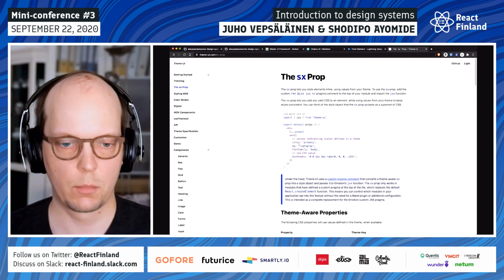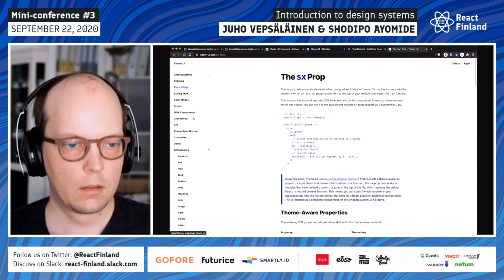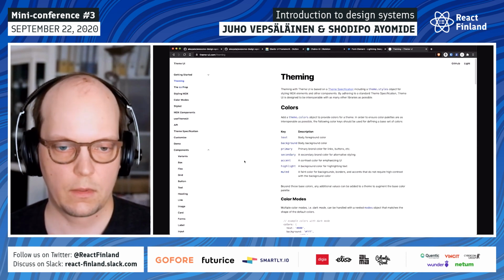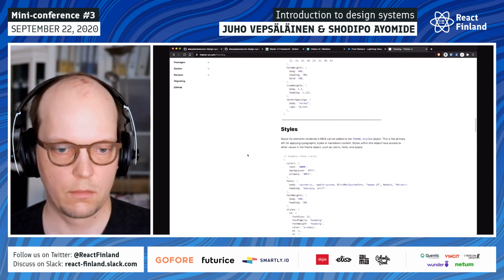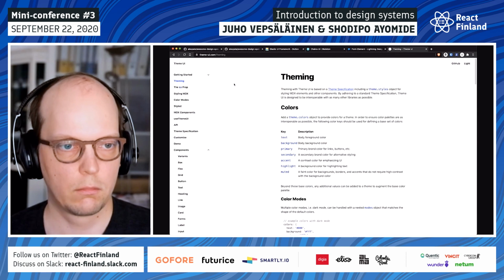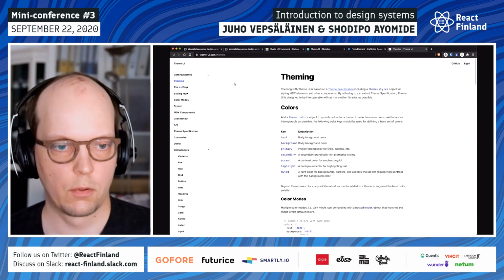So if you need to do something specific, you can still do it, and it's themeable, and it has variants. So it has everything you need to make a really cool system on top of React. If I didn't know anything about design systems yet, I would likely look at Theme UI first and start doing something simple on top of that.